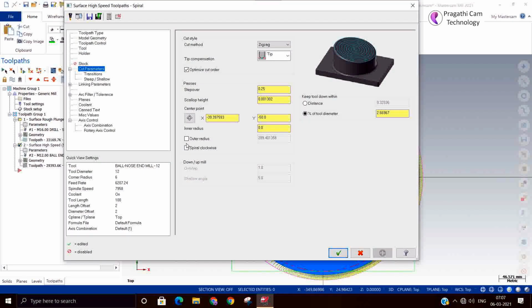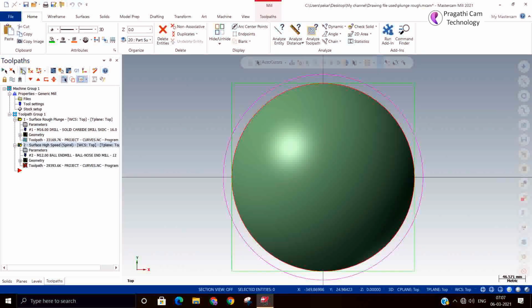I will switch on the inner radius. I will keep it. So now we are able to see this difference of offset from the origin point.